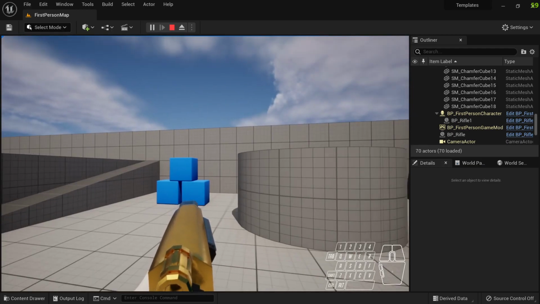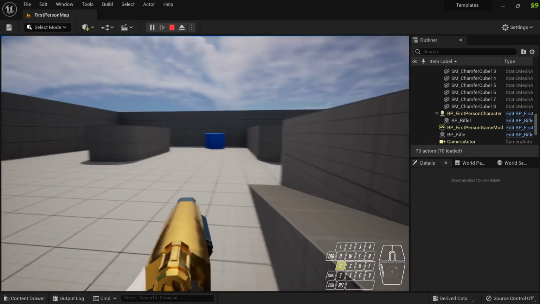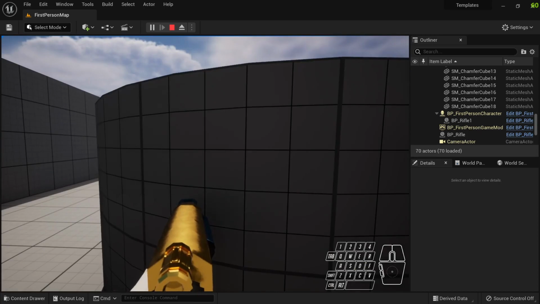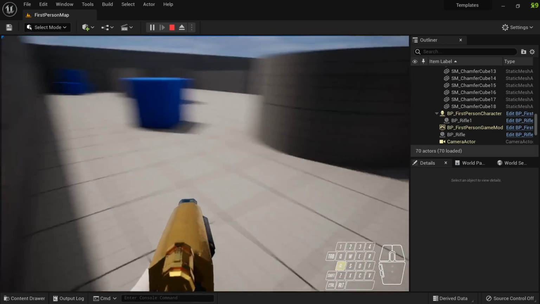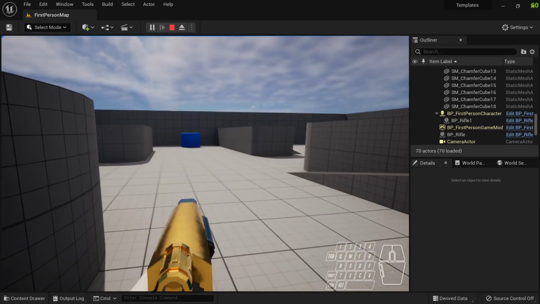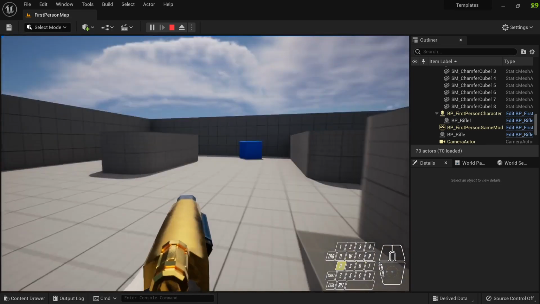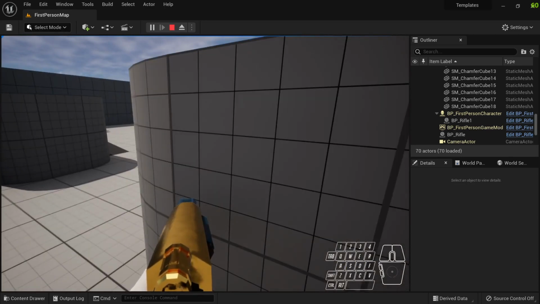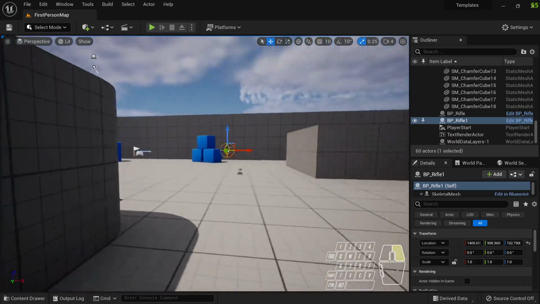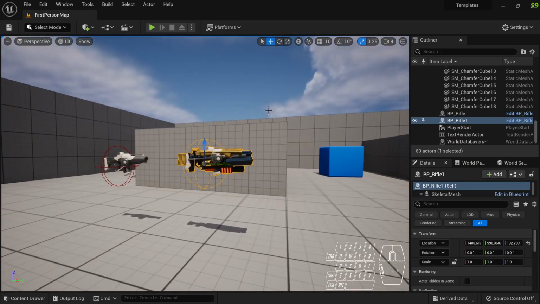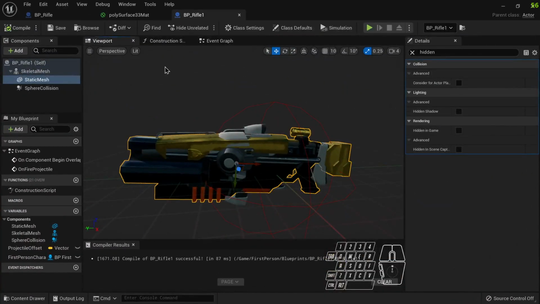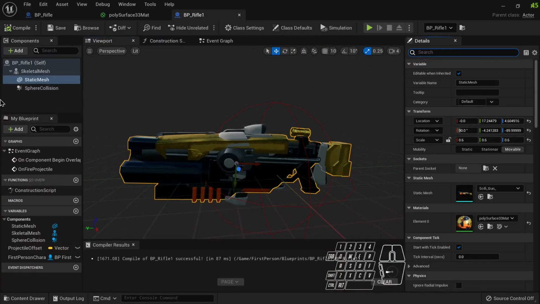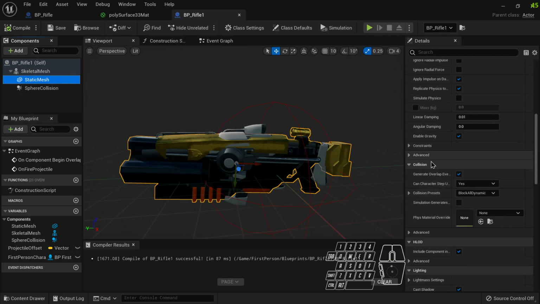You will notice that we have a little glitch in the movement. It is because of the collision. So this static mesh has a default collision in it. So that is causing some problem while we are moving. So let us escape and solve this issue. We can go in this blueprint and select our static mesh, which has the collision. And inside the collision,